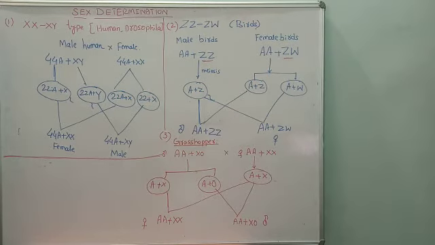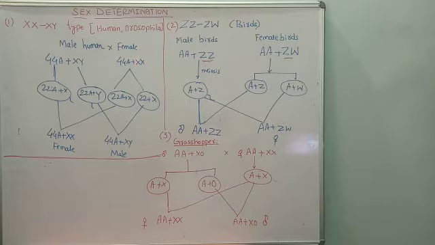During gamete formation, gametogenesis or meiosis occurs in the male. The diploid set of chromosomes becomes a haploid set. So 22 autosomes plus the X chromosome segregate, and similarly 22 autosomes plus the Y chromosome. So 22 autosomes plus X chromosome, and 22 autosomes plus Y chromosome. This is the stage where meiosis takes place.